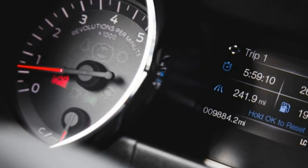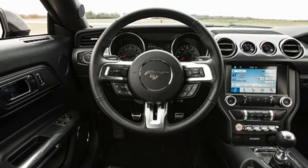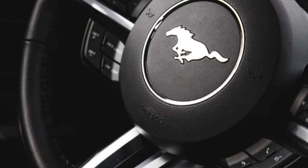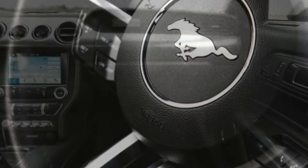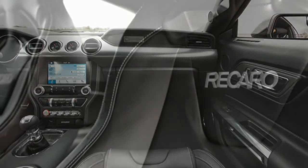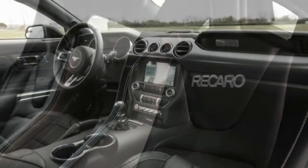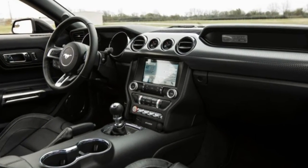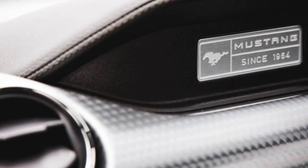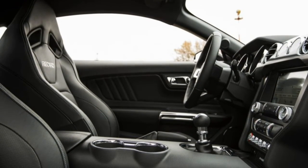Also available on premium versions is an upgraded Shaker audio system, voice-activated navigation, and the aforementioned driver aids. We passed on all of that but did opt for the $1,595 black leather Recaro sport seats, which are snug-fitting and lack the heating and cooling of the standard chairs. They also provide the driver with the necessary support to exploit our car's other option, the $2,495 GT Performance Package. That bundles larger, 6-piston Brembo front brakes, a 3.73-to-1 rear axle ratio with a Torsen limited-slip differential, a stiffer suspension setup, a larger radiator, chassis and strut braces,